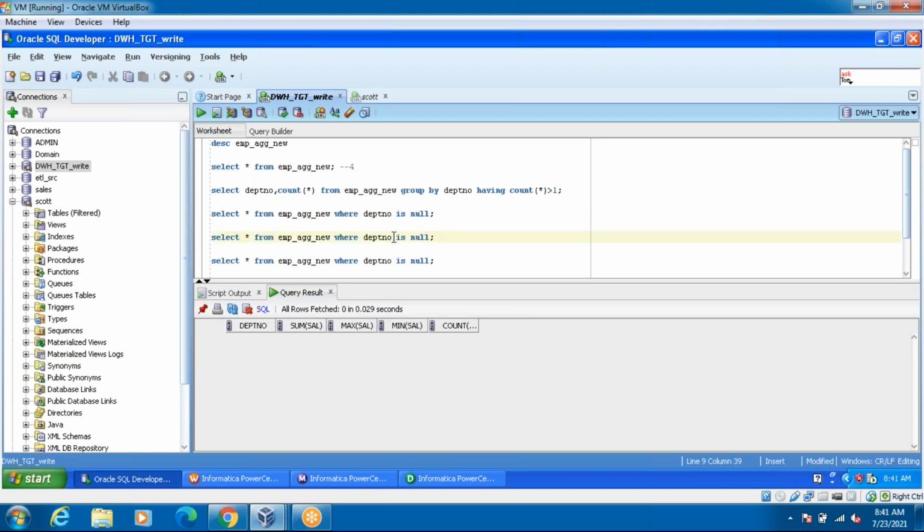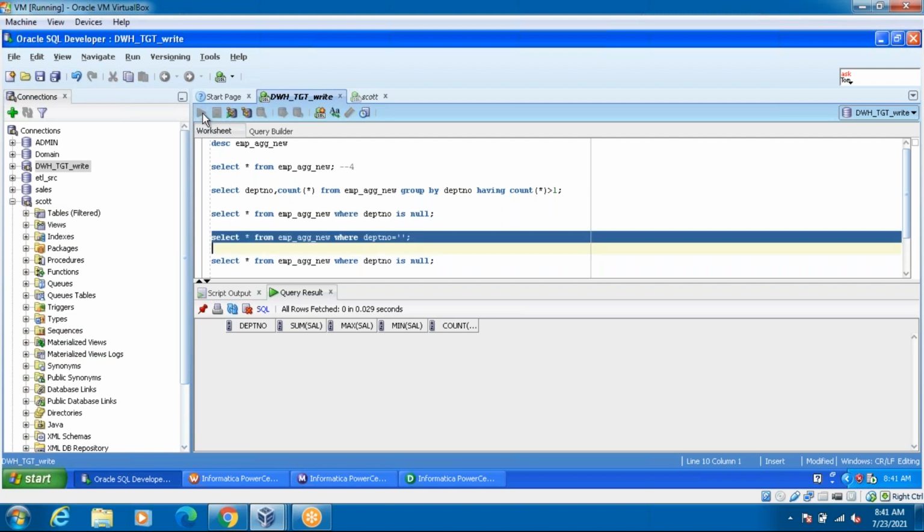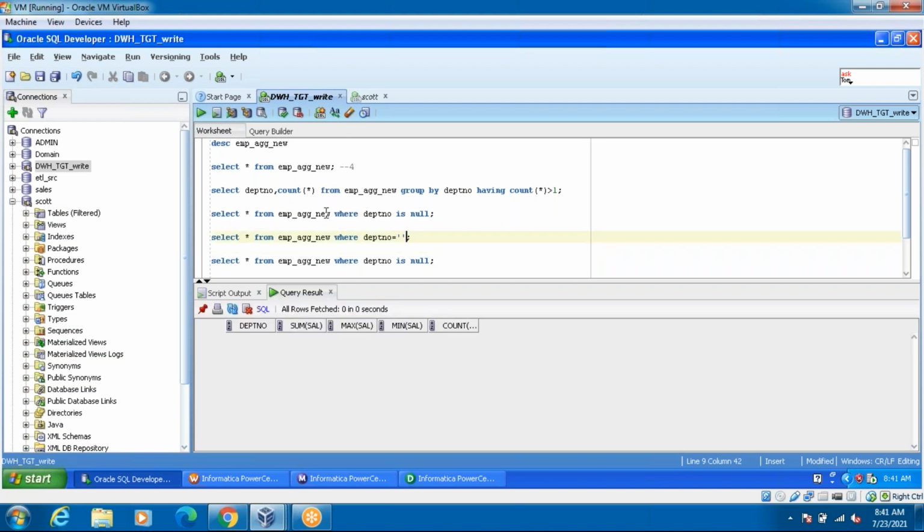Or the department number may be just a null value. Are there any spaces loading here? Or you check single quotes; you can use a single quote with one space. So we run the query. The same queries we are going to use in real time also, guys. We keep on repeating these queries. Only we have to change the table name, column name, and the logic. That's it. The method of execution is the same every day; you write the same queries. There is no change on the query side. The type of query will be the same, only the logic, column name and table name change. That's it.